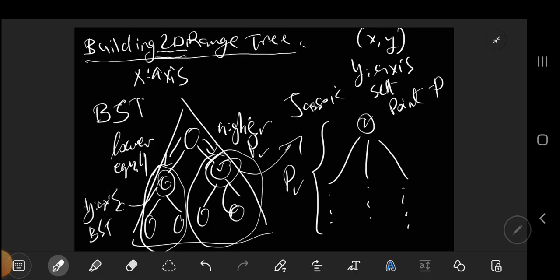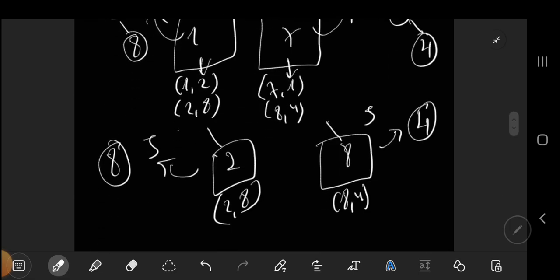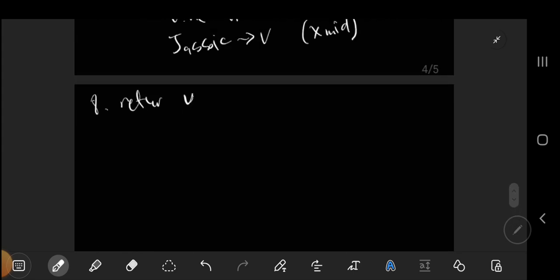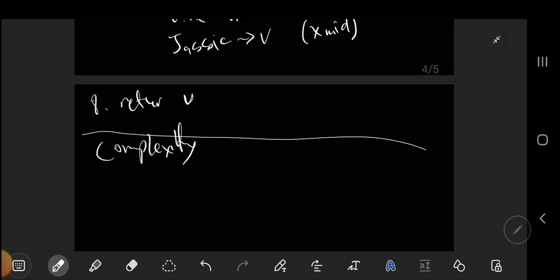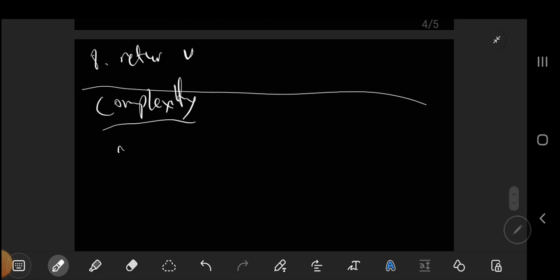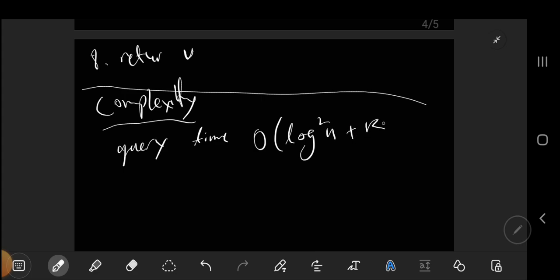And maybe something that I didn't talk about is the complexity of this 2D range tree. Maybe I need to talk a little bit about complexity. So let's talk about the complexity of this tree. It has a query time of O of log squared n plus k,